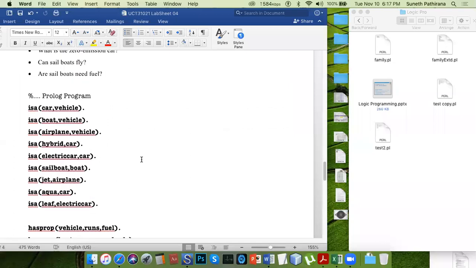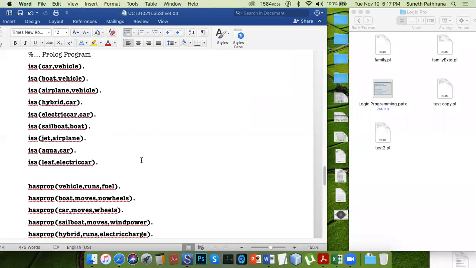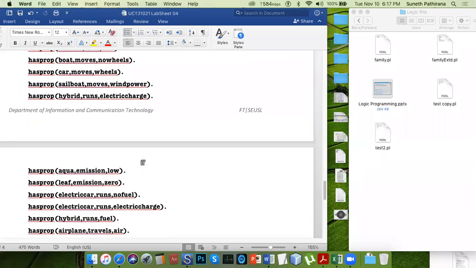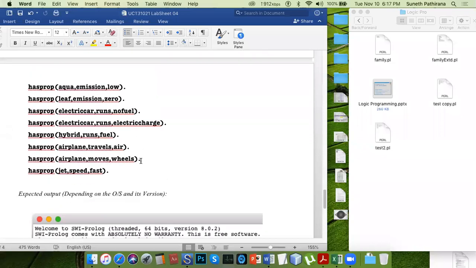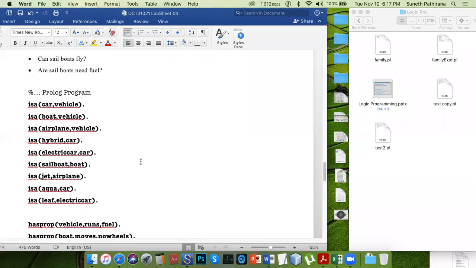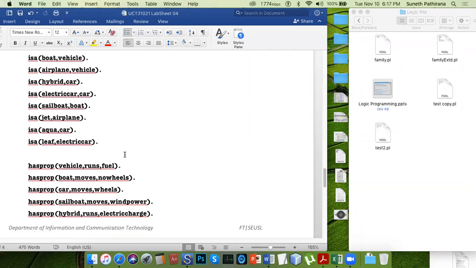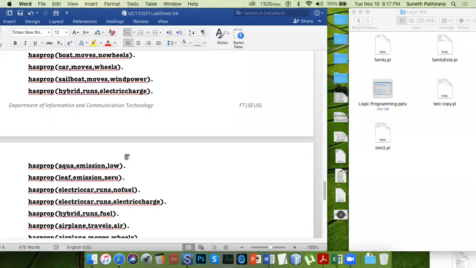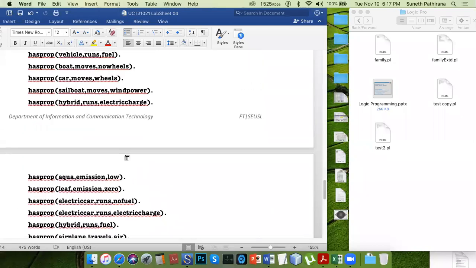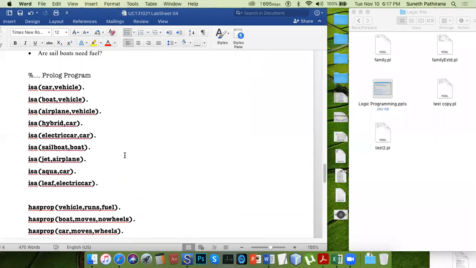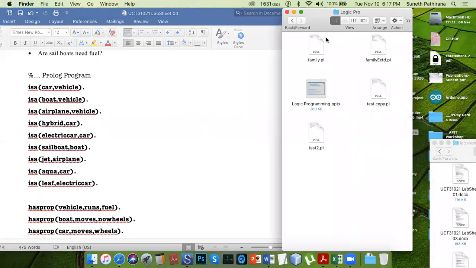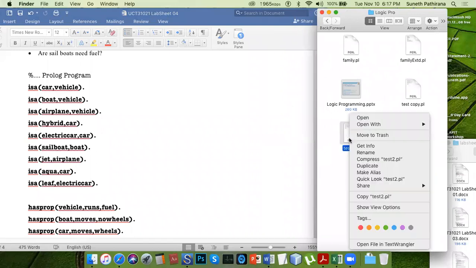So this is the Prolog program I have written. You might follow a different pattern or different style, or you might prefer an alternative way of defining the values of these arguments, or of storing or representing the knowledge. So this is my way of doing that.